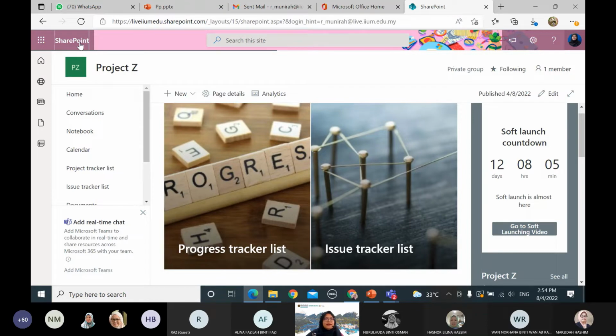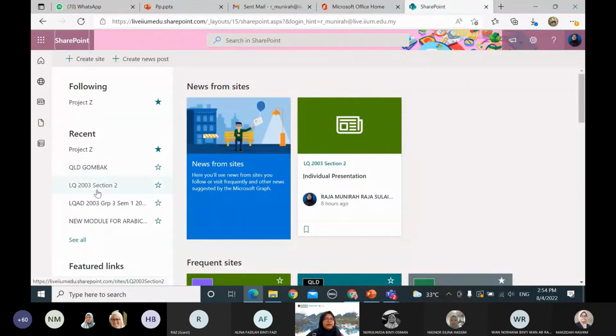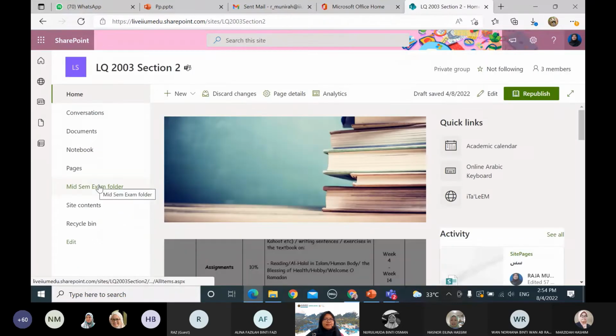Next, the second example I created for class. Okay, so for class, maybe on the top I just put an image, and then quick links, which link to the academic calendar, online Arabic keyboard, Talim, and so on. Like Hasnu said, we can use this site as a platform for our students. We can put anything, in an organized way. And it is fancier than Google Classroom and also Microsoft Teams itself, because we can